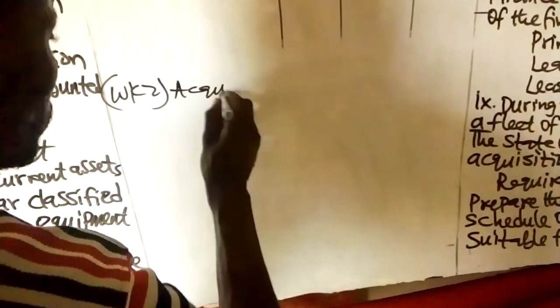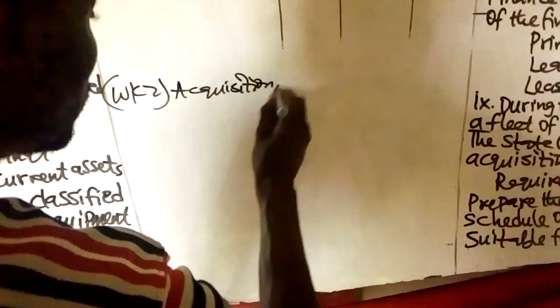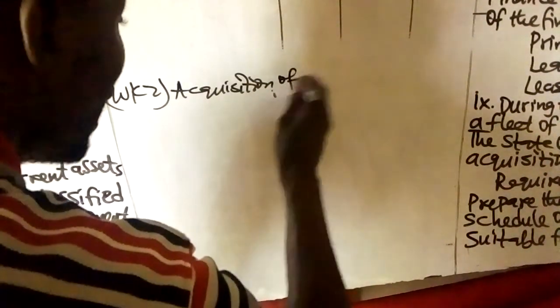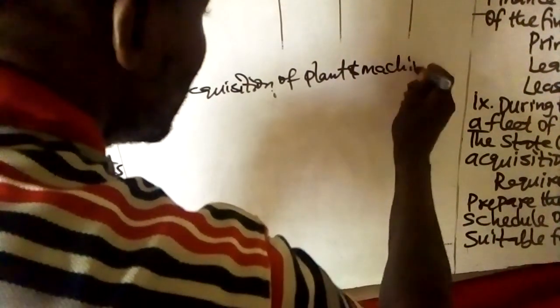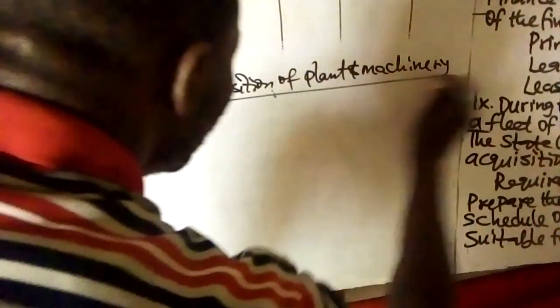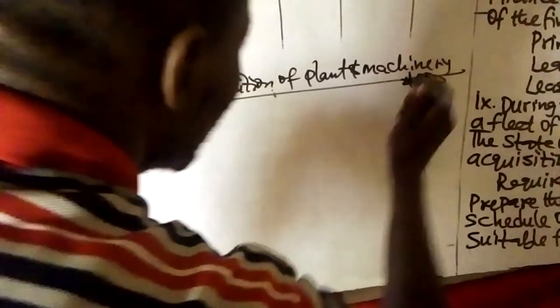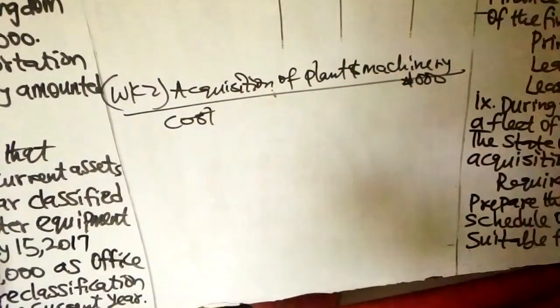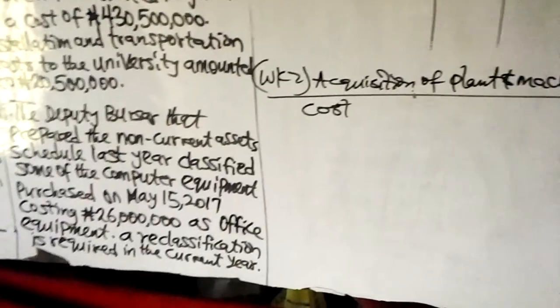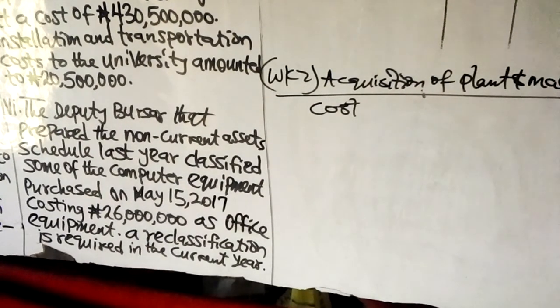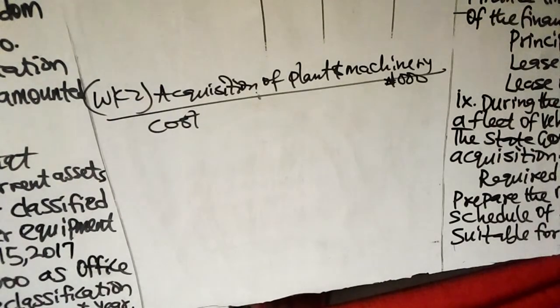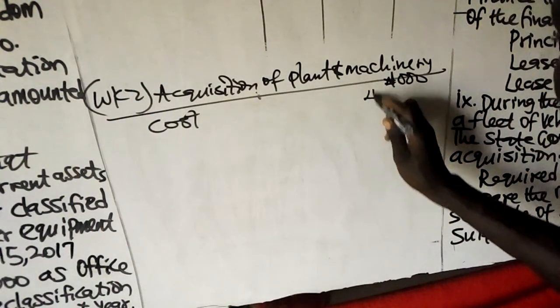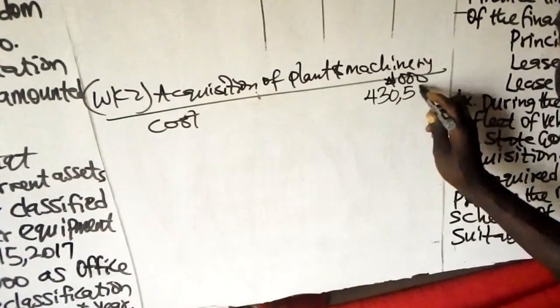Acquisition or purchase of plant and machinery. It cost 430,500,000. Then the cost of installation